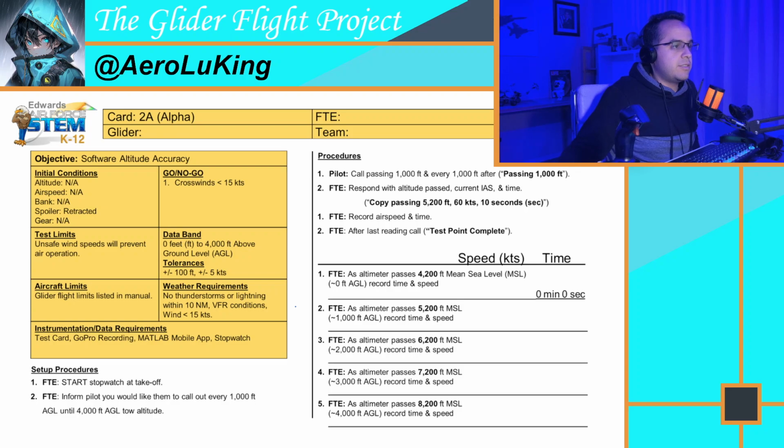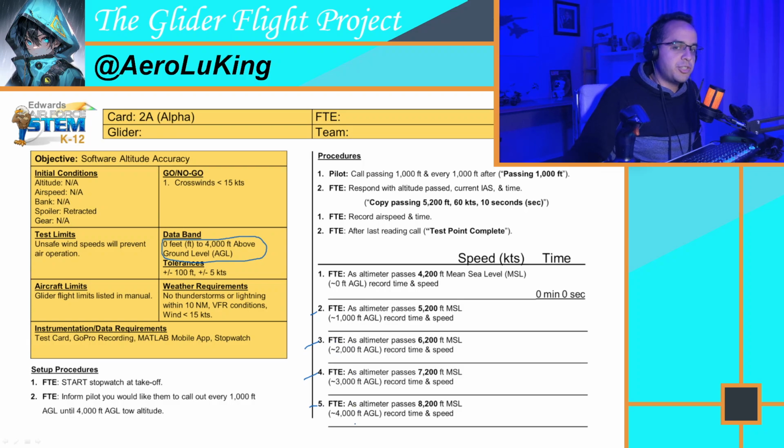Card Alpha is trying to look at the accuracy of the software that you're using. Again, that's MATLAB Mobile on your cell phone device, using the internal sensors of your cell phone, to try and see how accurate they are to the aircraft ratings. In this case, you will try and record what the speeds were at specific altitudes. So in this case, the data band says it's going to be from 0 to 4,000 because you're being asked to take 4 readings once you take off, 1,000 feet above the ground, and every 1,000 thereafter